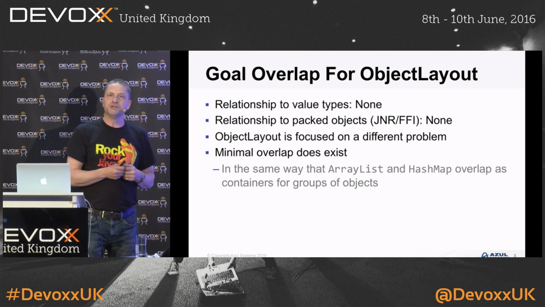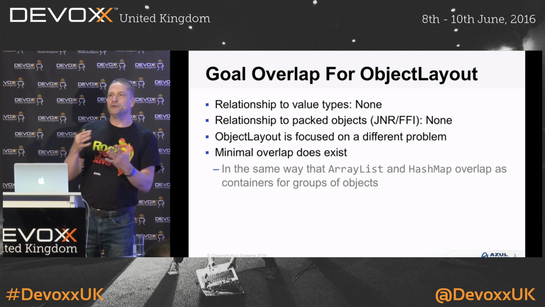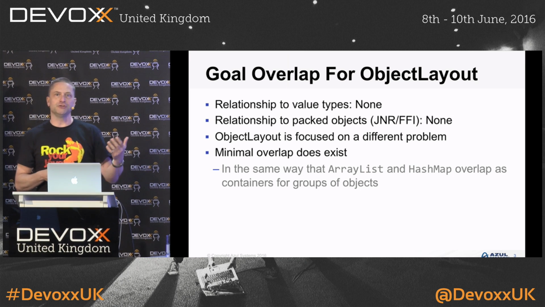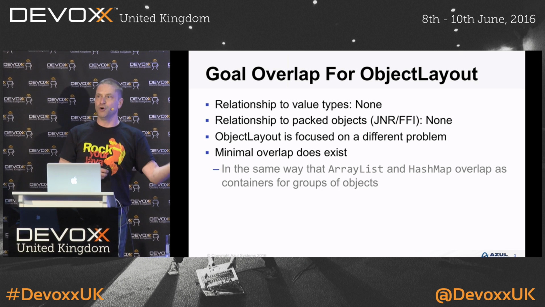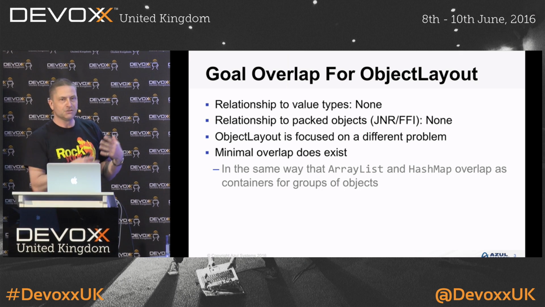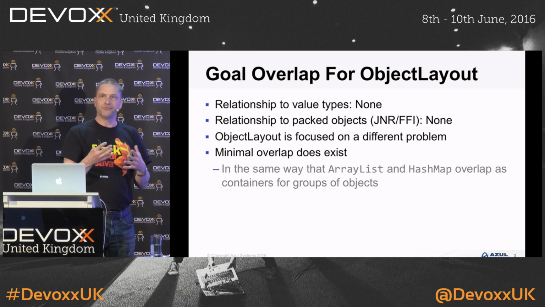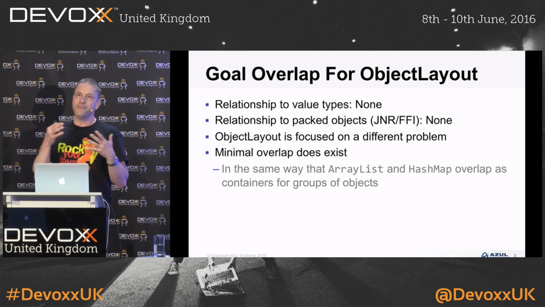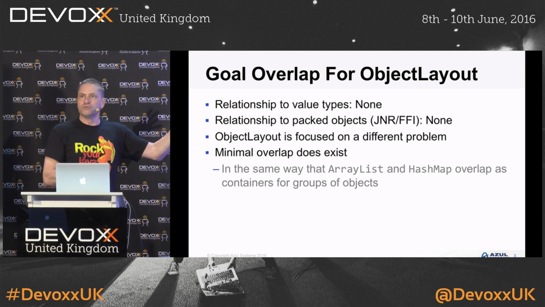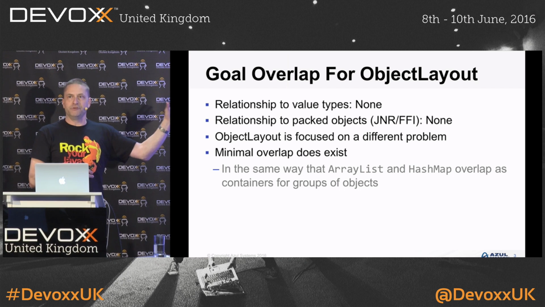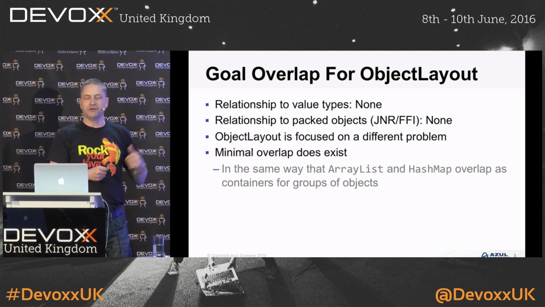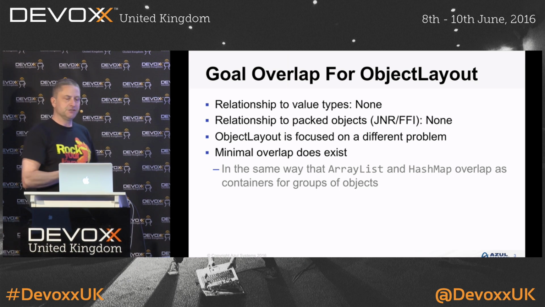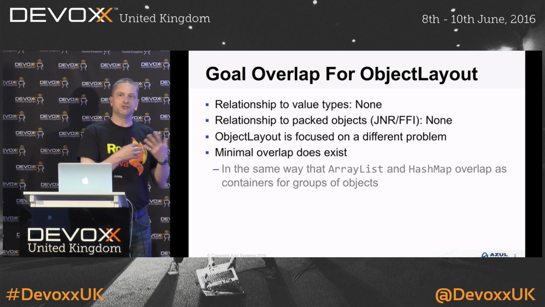Another thing that value types is looking at is how to allow you to use a collection with a primitive type, because you can't do that at the moment. If you want a collection of ints, you have to wrap them in integers to make them objects, and then you can put them in a collection. So value types are about allowing you to do different things with respect to objects and primitive types in Java and how you can deal with those from a memory layout point of view. Now, in terms of the goals of that project, there is no overlap between that and what we're doing with object layout. Similarly, if you look at another project which is around the foreign function interface and JNI,